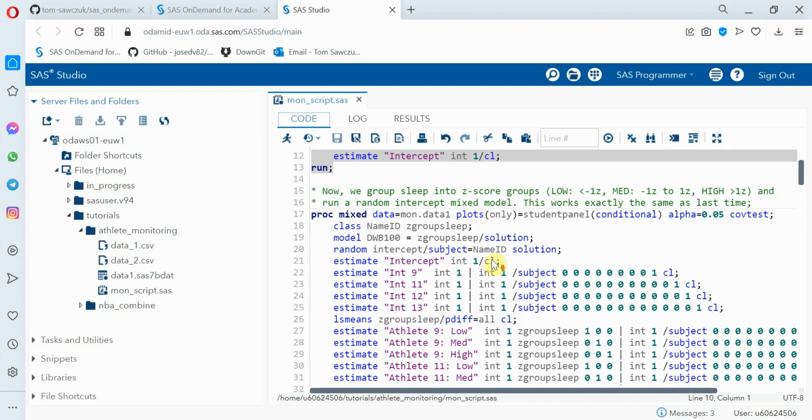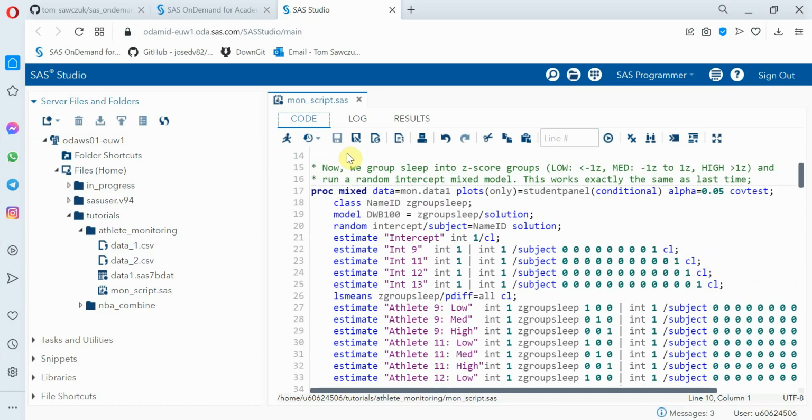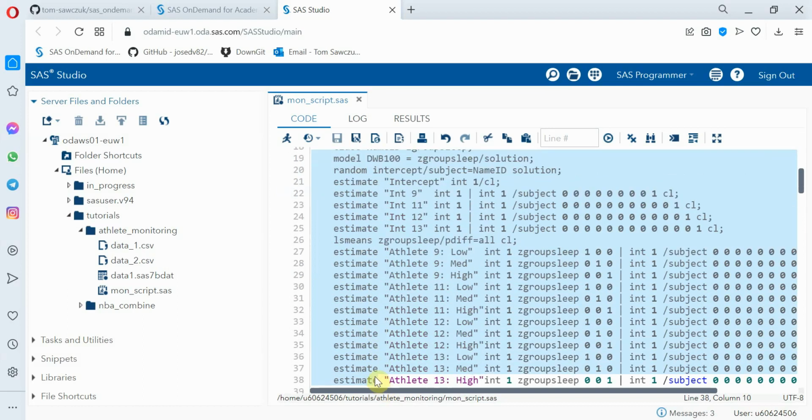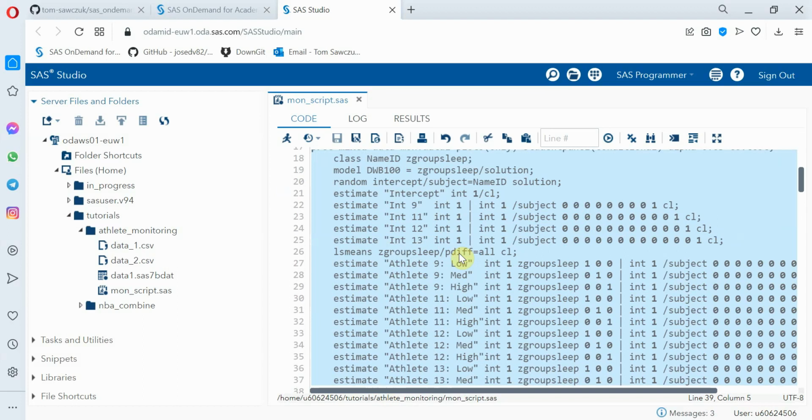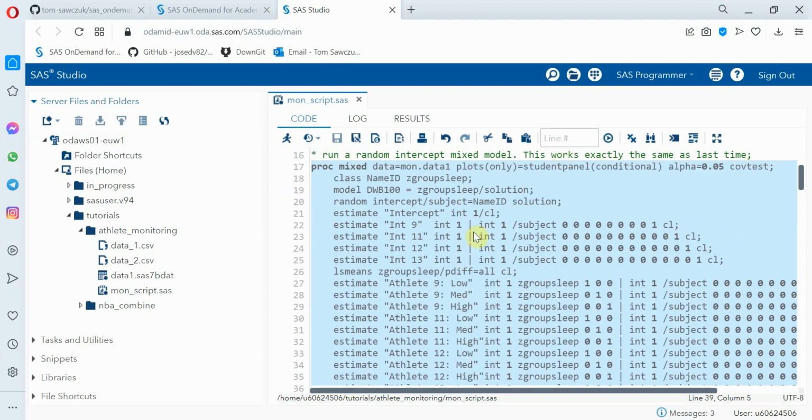And that is this set of code. Now, this looks like a lot of code, but it isn't really. Essentially, it's all the same as we've done before. We're going to put name ID and the sleep group into our categorical variables. Our only fixed effect is the Z group for sleep, and our only random effect is to give an intercept